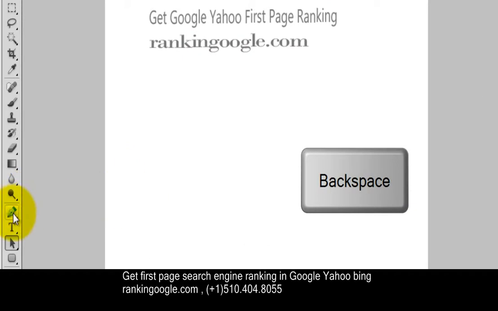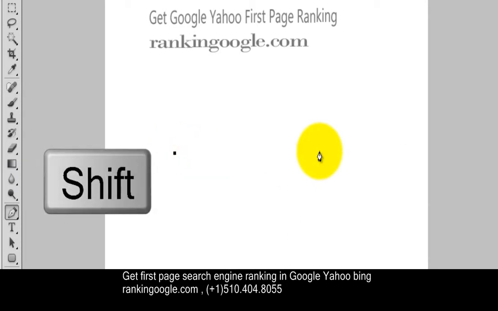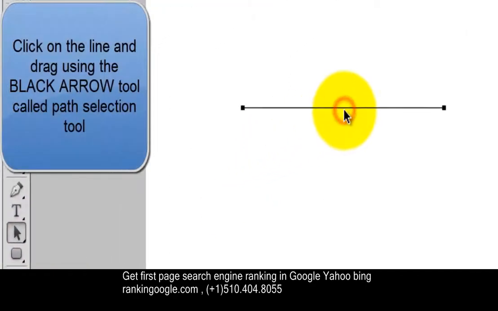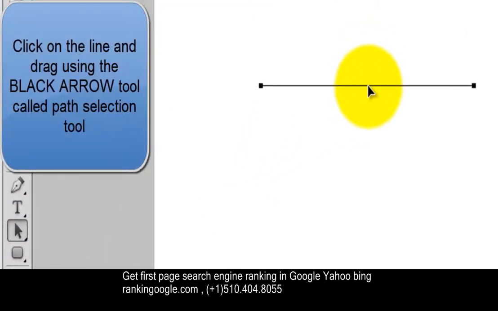Now pressing the space bar, and clicking again using the Pen tool and drawing the shape again, clicking here, holding the Shift key. Now I am drawing a straight line, a horizontal line appearing. Okay, now my target is to move it, so I selected the black arrow Path Selection tool, clicking and dragging, you will